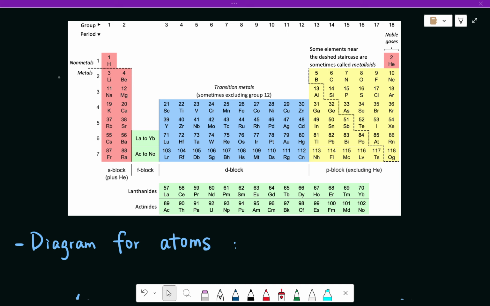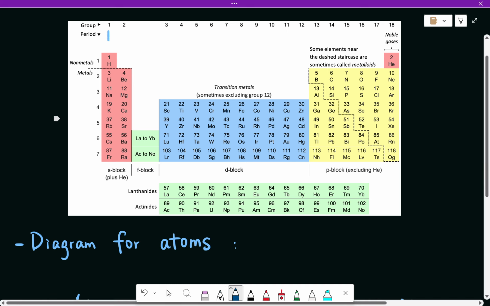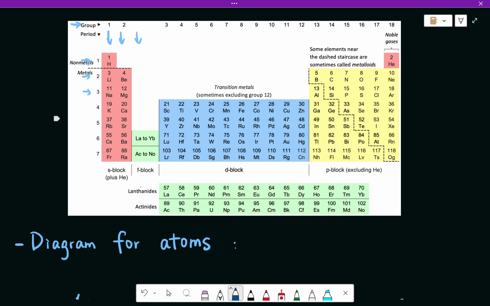As we know, the columns are called groups or families, and the rows are called periods. The group number or family number tells us the number of valence shell electrons in a particular atom, and the period number tells us the number of energy levels